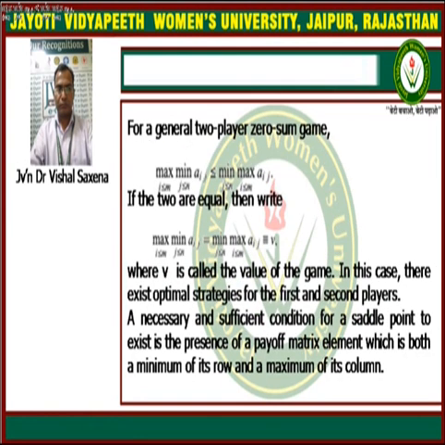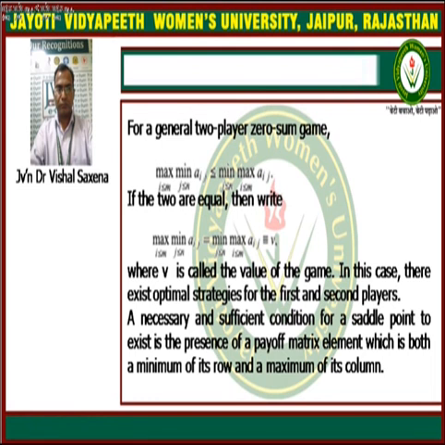So now we just explain it mathematically with concepts. For the general two-player zero sum game, here we can see the max min of Aij is less than or equal to the min max of Aij, where the values of i and j on both sides are given. So here we just want to say that the max min of Aij will be less than or equal to the min max of Aij, that is for the general two-player zero sum game.